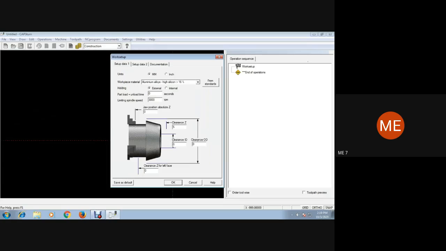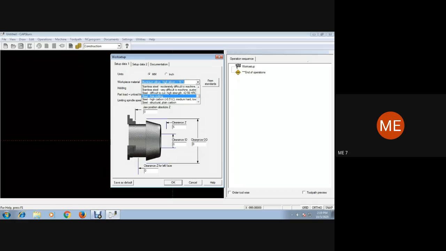We'll see that. Otherwise you can choose mild steel, as we generally used in the machine shop, that used to be the workpiece.